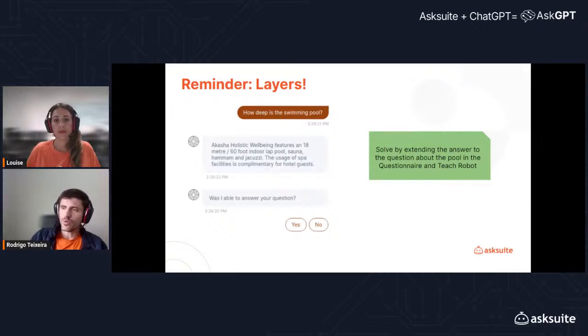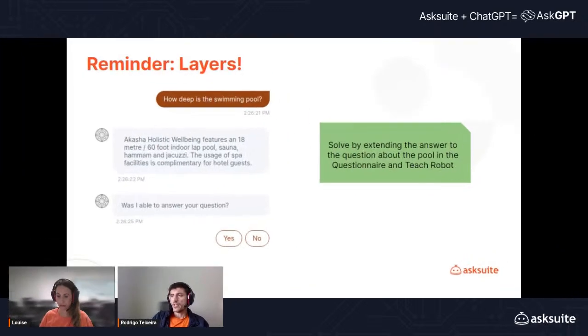And the response was exactly the same as on the questionnaire. So in this case, we didn't use AskGPT because the previous layer answered it first. But maybe you are not satisfied with this response. If so, you can solve it by editing your questionnaire or Teach Robot response with further information or something else.